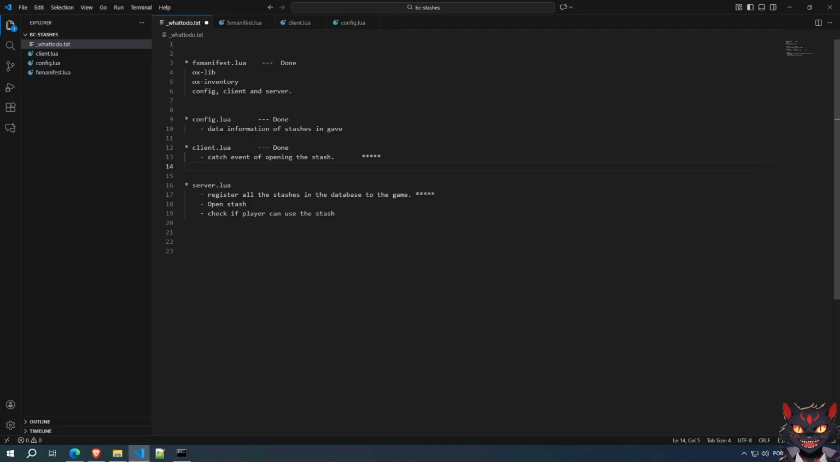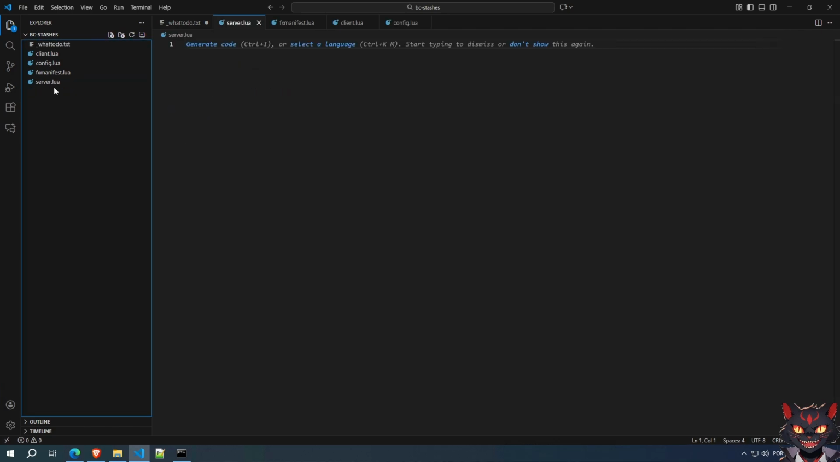So the first thing we got to do on the server side is register all the stashes there. It is almost the same as the client side. Let's create the file here. Server.lua. Bam. Okay, let me just change it to